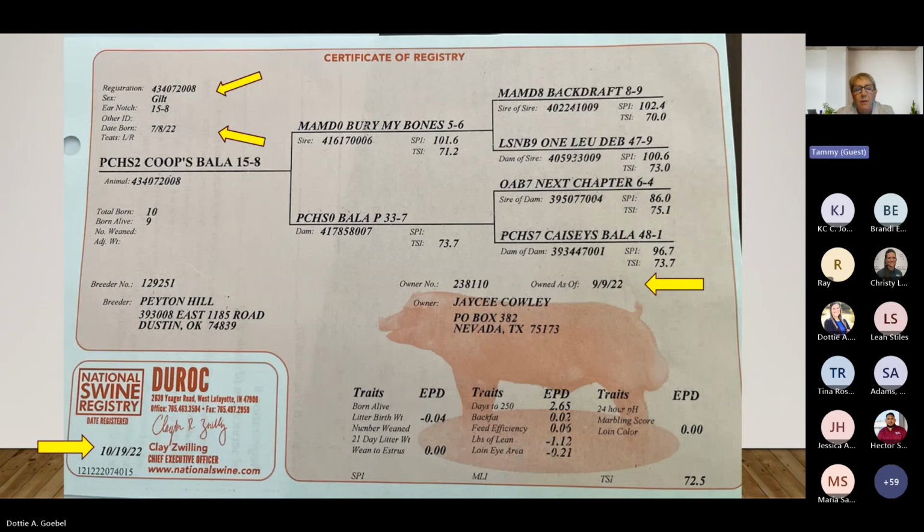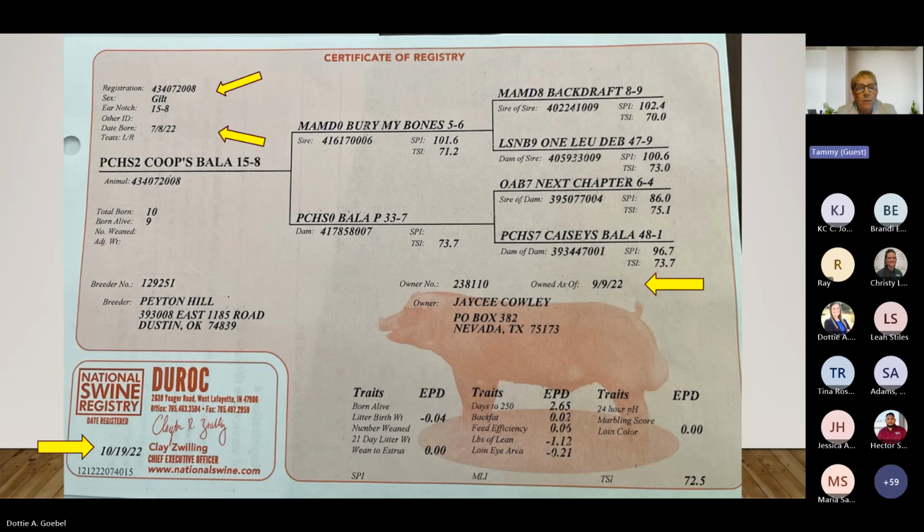Things that can be corrected are misspelled names, or every once in a while I'll get a set of papers in that were issued for a boar and not a gilt, and that was on the breeder, and we can take a correction for that. But again, if something is not approved, it's going to state why it wasn't approved and if it was a correctable situation.